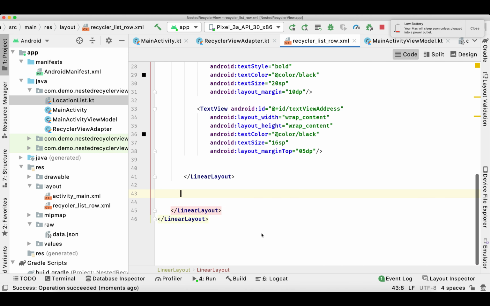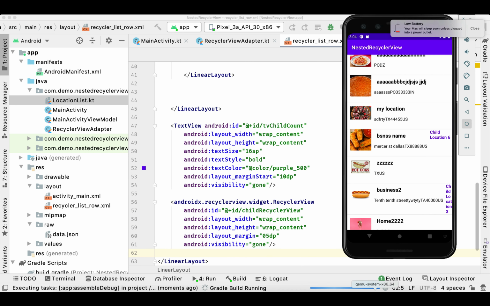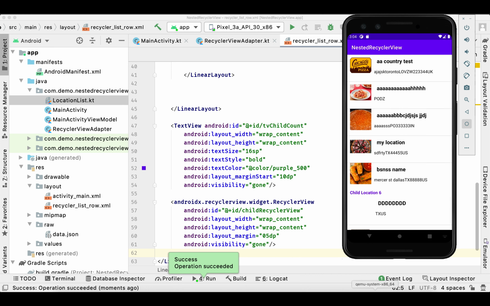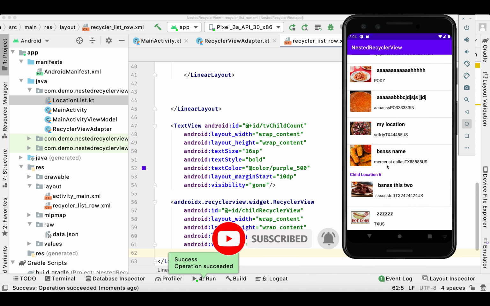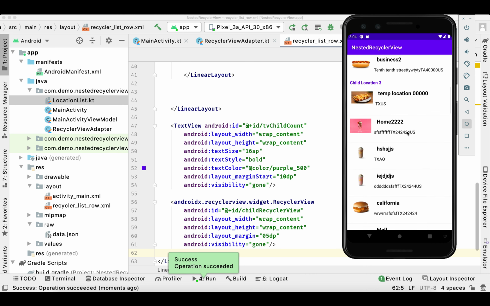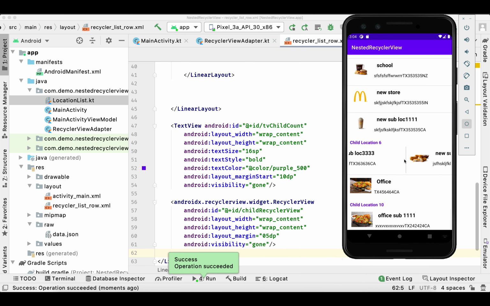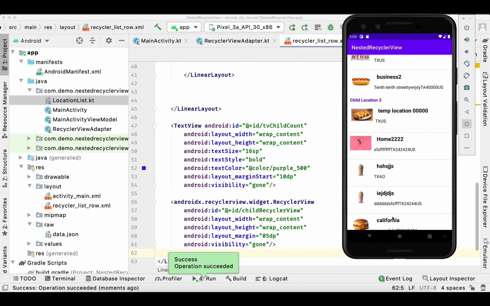So let me cut this and paste it outside this and run our application. There you go. So we can see the child count and the items horizontally. Similarly, for 3 items, we can scroll horizontally, and those that don't have a child, we are not displaying anything. So it has 6 elements, it has 10, so you can see. That's great.